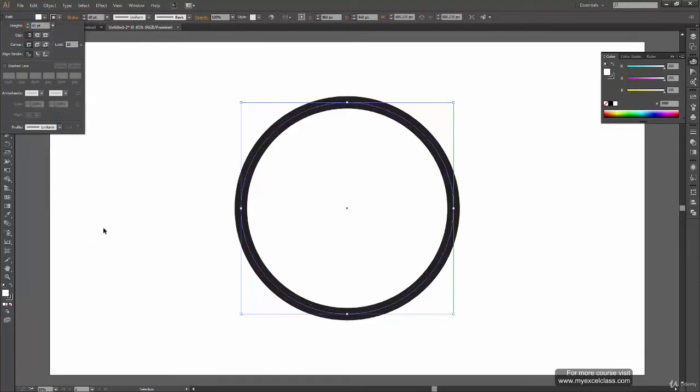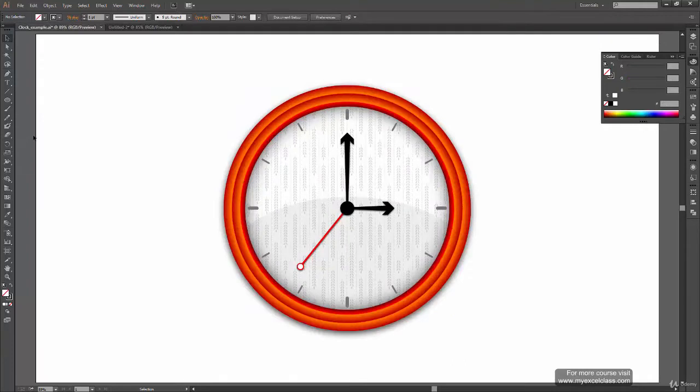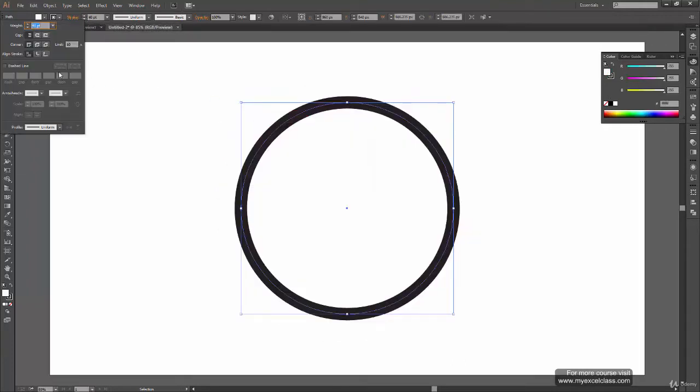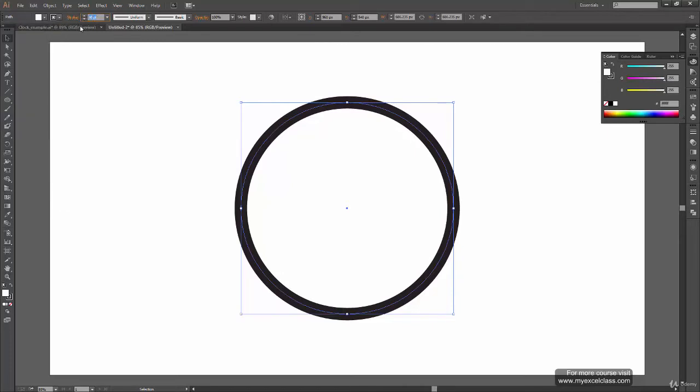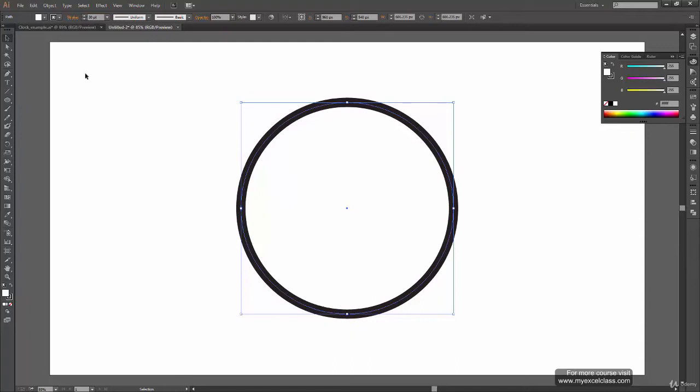Make it 40 points, and I think 40 points is again too much. So we have to reduce it to somewhere in between. So let's type 30 instead. And yes, I think 30 looks fine. Does it? Or 35? Should it be 35? Yeah, 35 looks fine. Okay, so this is the first outline which I have created. Now what I'm going to do is Control C, Control Shift V. Or actually, before pasting it, we should make changes to this outline and then paste it.